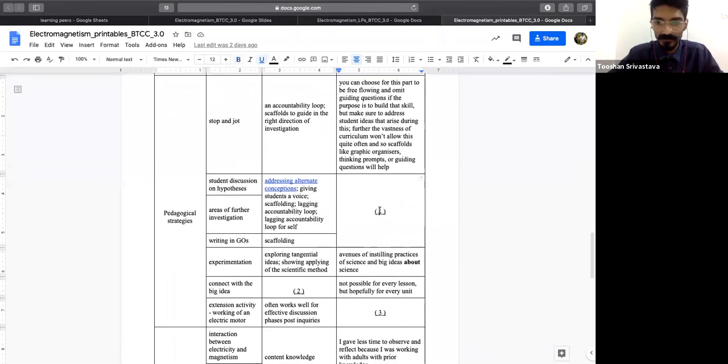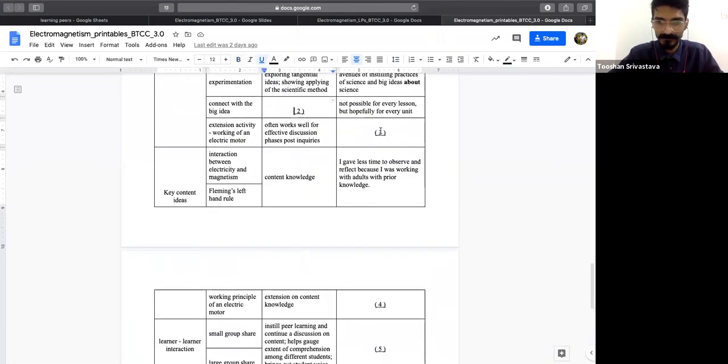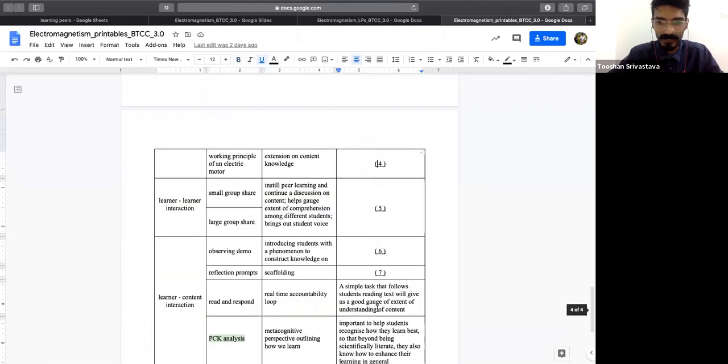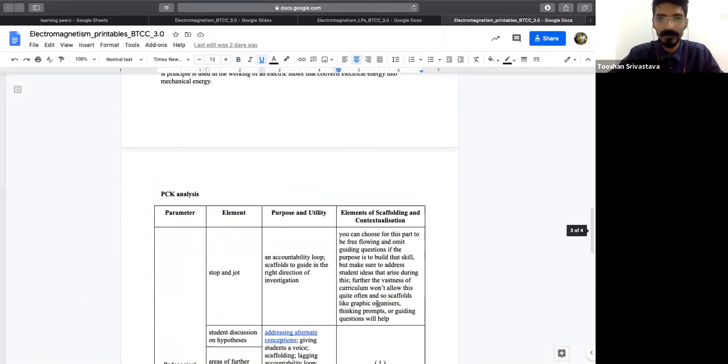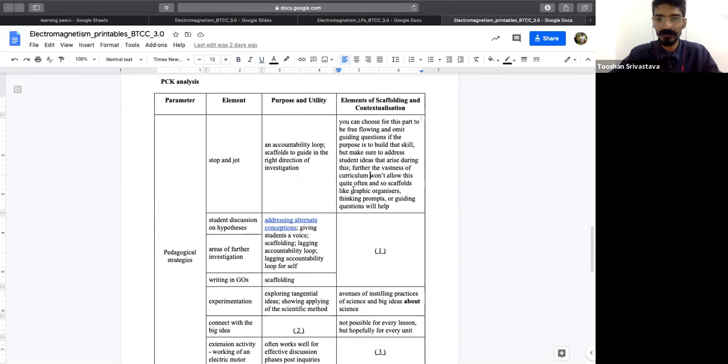However, you'd see that I've left some places blank here. 1, 2, 3. I think there are about 6 blanks that people can fill. Now, this is an optional task, and this is basically deep diving a little bit and understanding the process of teaching this lesson. And once you go through this reflection, I would highly recommend doing it with another peer from your learning group. What this would do is bring out these ideas and give you a very clear idea of how it should manifest in your own classroom.